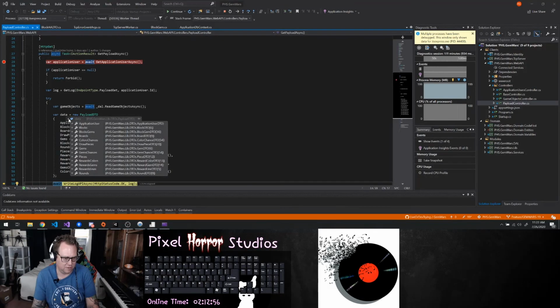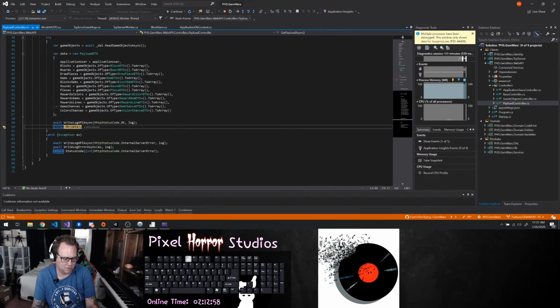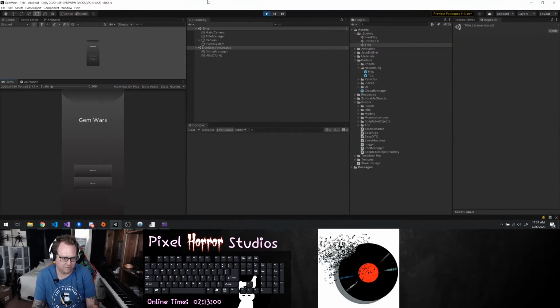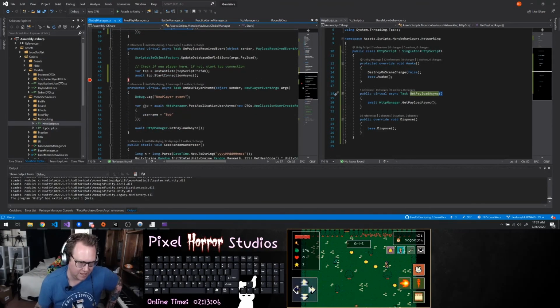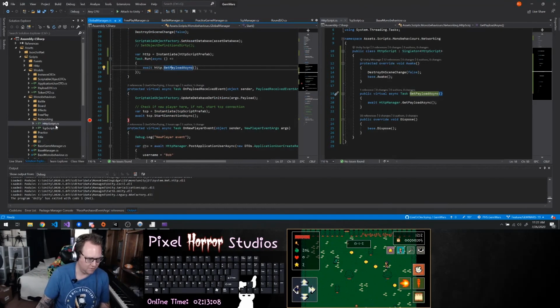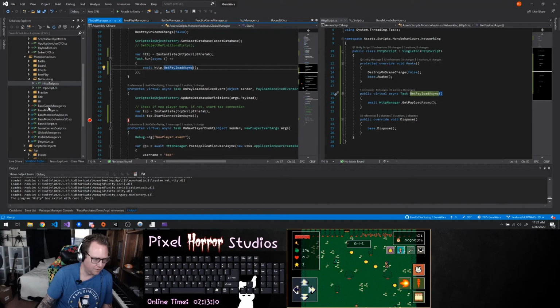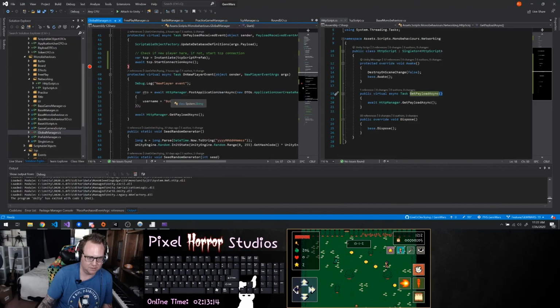There's our payload. We got code 200. Oh, it's because you can't instantiate that in Global Manager. You can't instantiate this